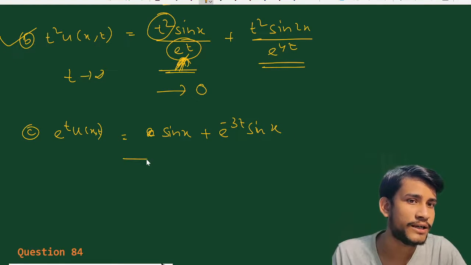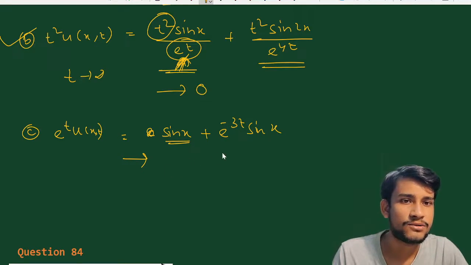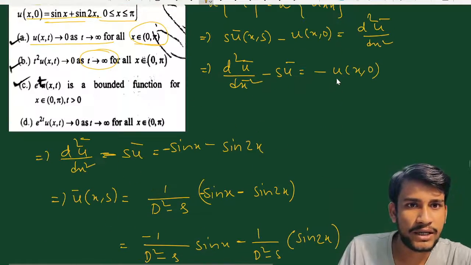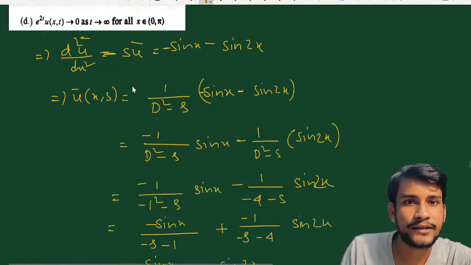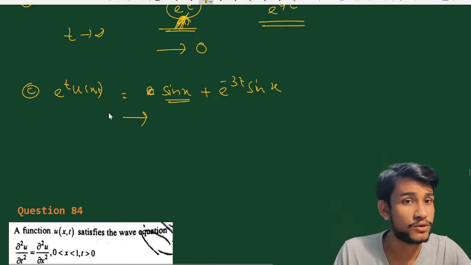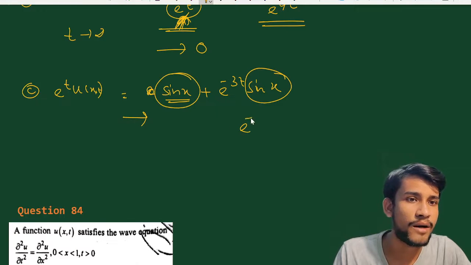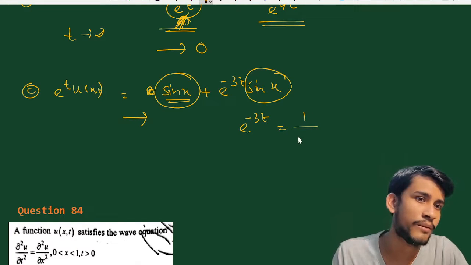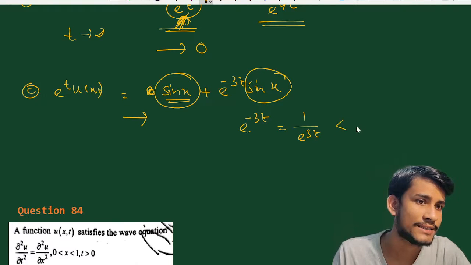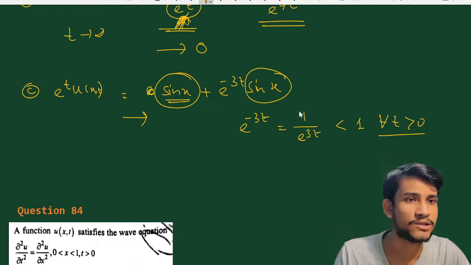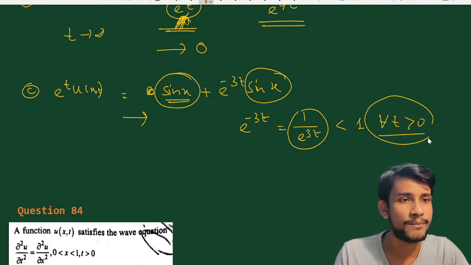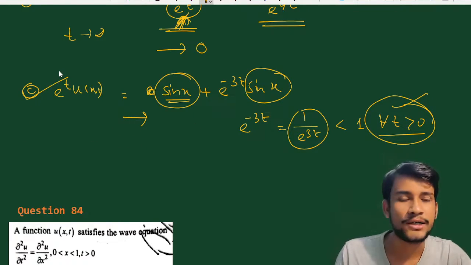ठीक है, तो ये भी क्या होगा, ये तो बाउंडेड फंक्शन है, सो ये भी टेंड्स टू देखो क्या है, e to the power tends to is a बाउंडेड फंक्शन फॉर दिस एंड t ग्रेटर देन 0 गिवन है, ठीक है। तो t ग्रेटर देन 0 ये बहुत इंपॉर्टेंट है क्योंकि sin x फंक्शन बाउंडेड है फॉर x बिलोंग्स टू R, ये भी बाउंडेड है, एंड e to the power -3t दिस इज इक्वल टू 1 बाई e to the power 3t व्हिच इज लेस देन 1 होगा फॉर ऑल t ग्रेटर देन 0, क्योंकि t लेस देन 0 का तो ये -∞ तक जा सकता है, तो यहाँ पे ये रिस्ट्रिक्ट कर दिया गया है t ग्रेटर देन 0 करके, तो दैट मीन्स ये एक बाउंडेड फंक्शन होगा, ठीक है।